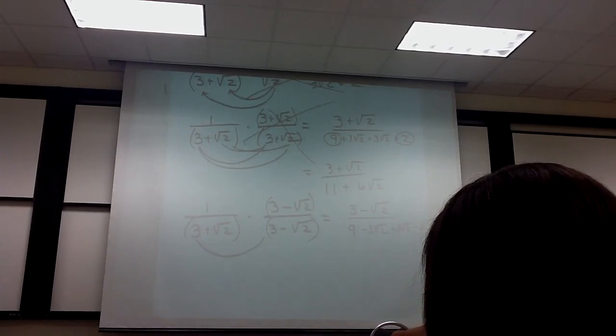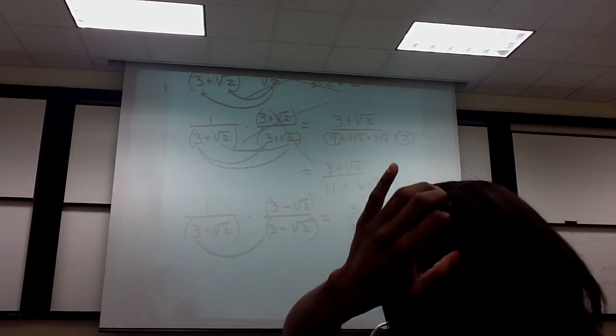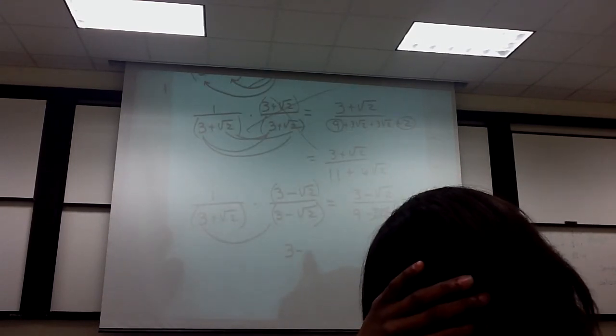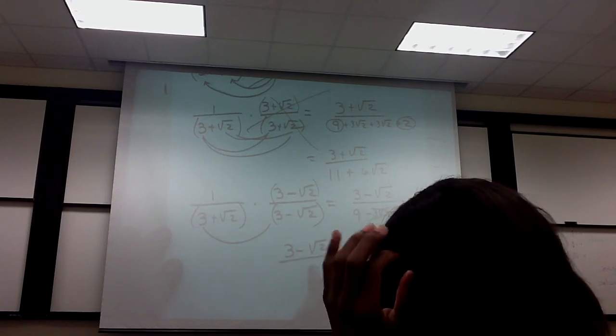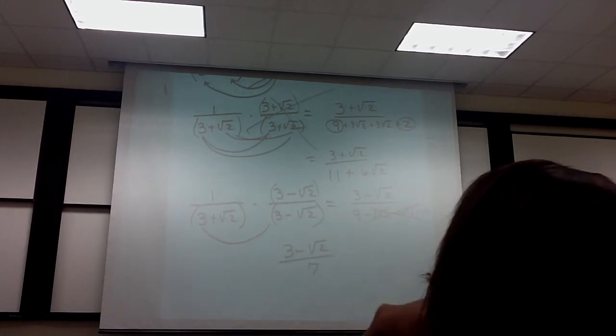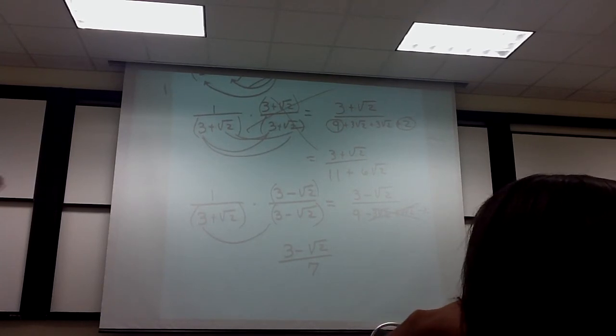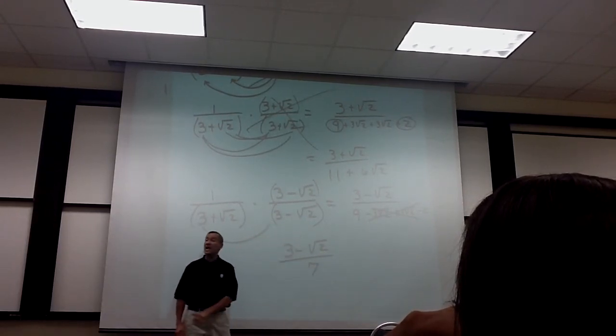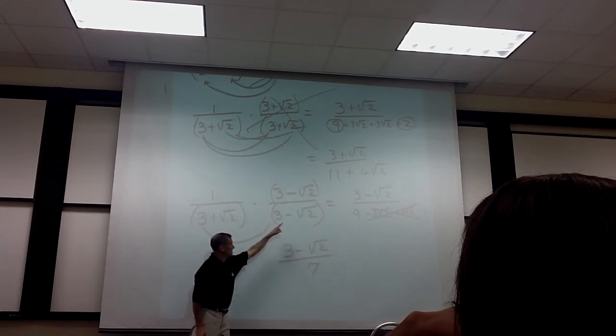Look, ladies and gentlemen. Oh my goodness. The radicals, they're gone. And I get 9 minus 2. I get 7. A harmless, rational 7 as my denominator. We finally got there. We considered just multiplying by the plain old radical, didn't work. Considered multiplying by the 2-part expression itself, came close, but didn't work. Then we multiplied by this 2-part expression, changing the sign in the middle, and ladies and gentlemen, this and this,